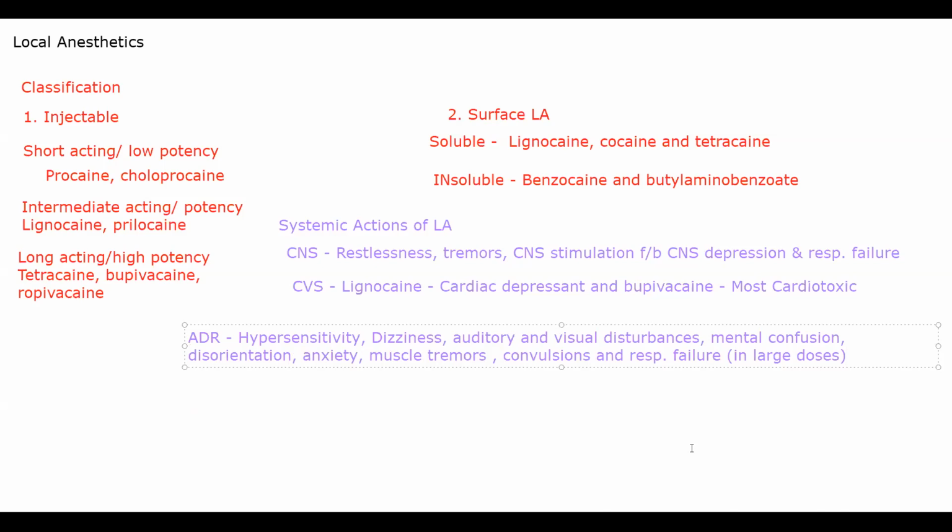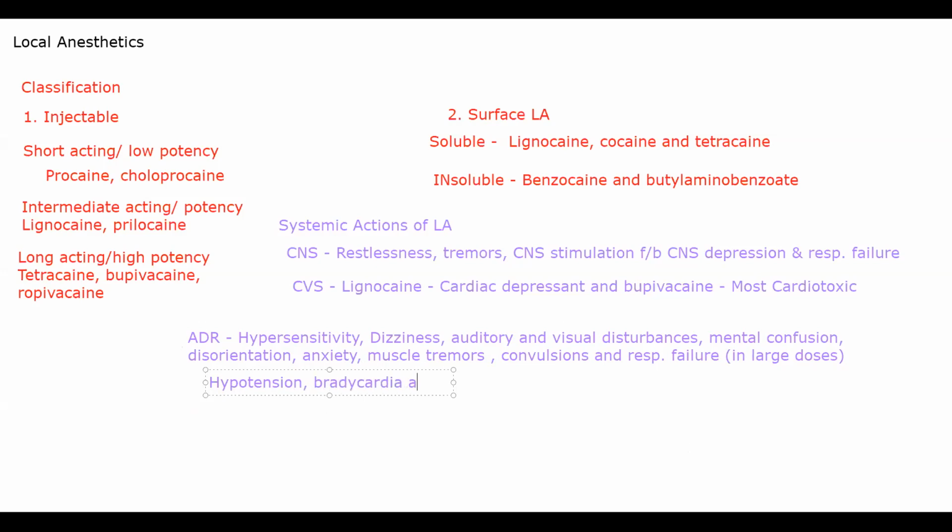Now you can avoid these if you are able to give a pre-anesthetic diazepam. Okay, especially respiratory failure and most of these side effects you can avoid if you give diazepam to the patient initially, and after that you give local anesthetics. All right, in some patients some other types of ADRs are also seen. Hypertension might occur, BP might fall a little bit, because some of them, especially lignocaine, are cardiac depressants. The patient might have hypotension, bradycardia, and arrhythmia. All of this can occur. Arrhythmia, right?